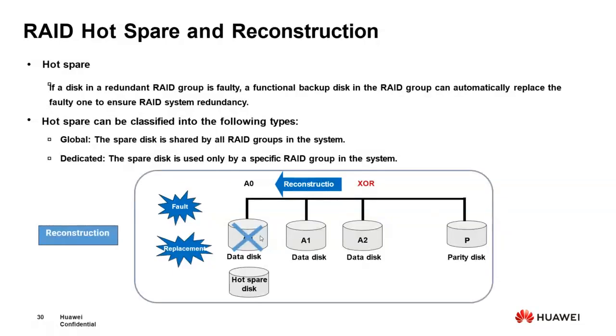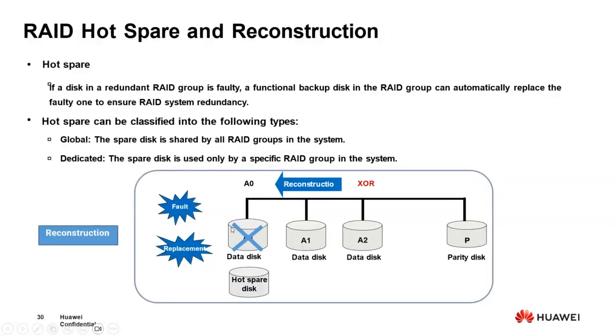Then we have what is called a hot spare and reconstruction. Basically, from the name spare, if you have a spare tire, what does it mean? That means I have a backup. So that's what it means. A hot spare is a disk that becomes a spare to another disk. It works as a replacement to that disk, and it helps in reconstruction of information that is missing in